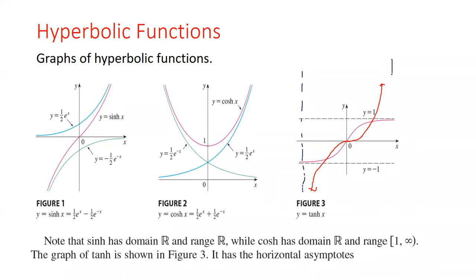Okay, so it had asymptotes which are going like this. All right. So we had this function, which was the tan function, and it had, what do you call this? Vertical asymptotes. Now with the tanh function, it's going to have horizontal asymptotes. These two asymptotes here, this and that. And you see that the function